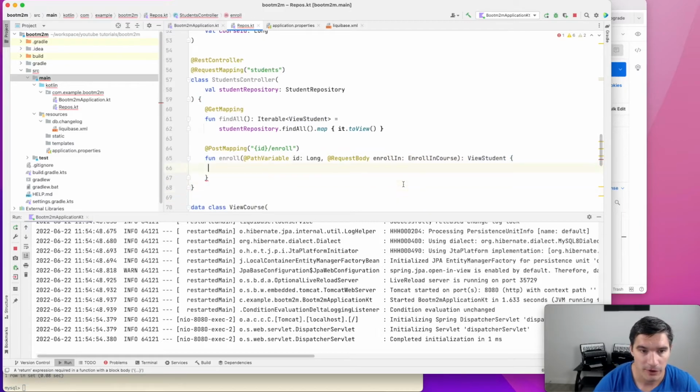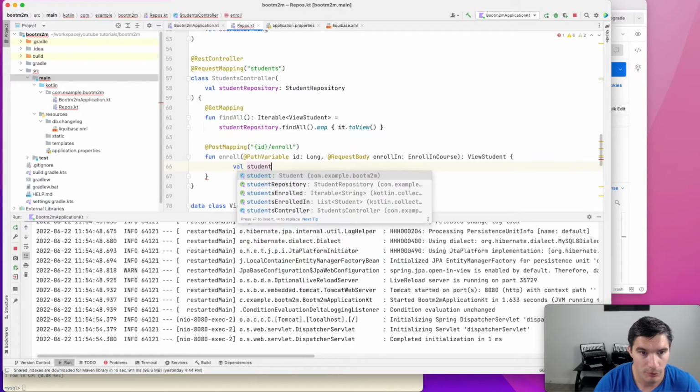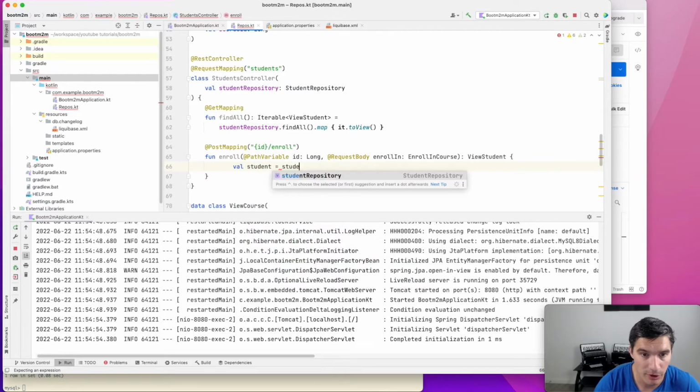So first we need to make sure that we receive the good IDs for the student ID and for the course ID. So we will look up in the student repository,